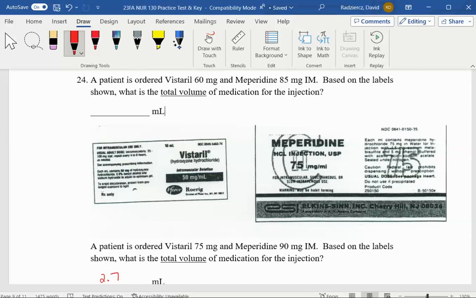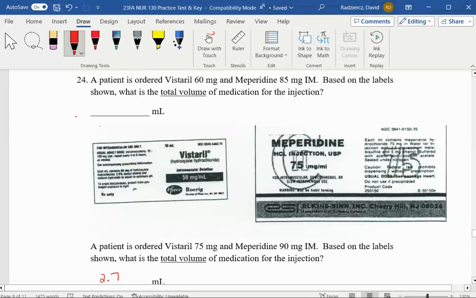And then just make sure you round to the nearest tenth. So when you do the first one, the answer key says 2.3 milliliters because you get 1.2, and then I think you get 1.111111 or something like that. I can't remember. So if I take 60 divided by 50, I get 1.2. And if I take 85 divided by 75, I get 1.1333333. And you just add 1.2 to that, you get 2.3 repeating, which is why you get an answer of 2.3 milliliters